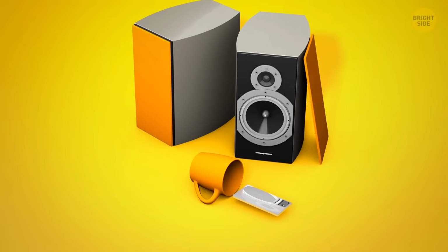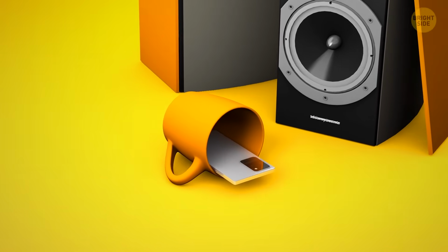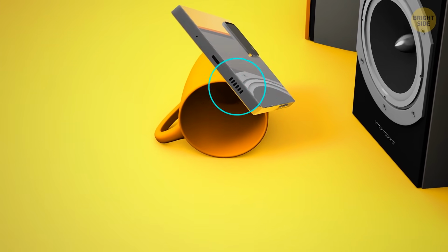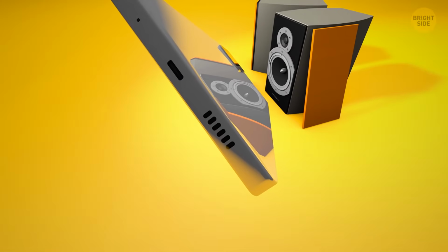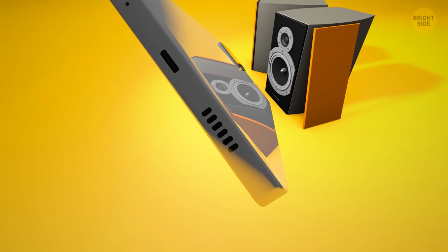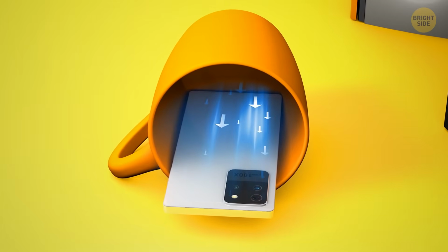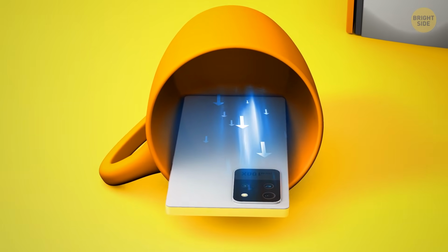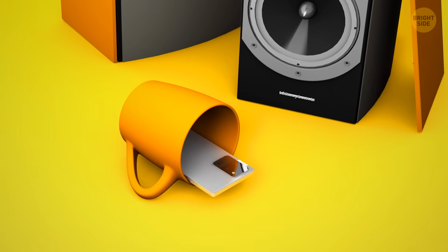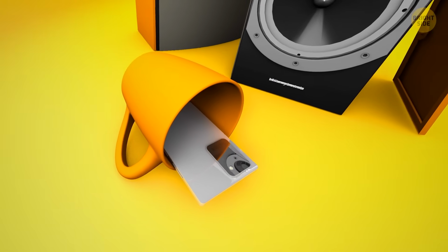This concept of trapping sound is also the reason why putting a phone inside a cup will make the phone's speaker seem louder. Any speaker sitting or suspended in an open space projects its sound in all directions. As the speaker vibrates to create sound waves, an equal amount of energy leaves from both the front and the back. By placing a speaker in some form of enclosure, we can redirect some of the energy that comes from the back of the speaker and project it forwards. By putting the speaker in a cup, you're directing the sound more efficiently. It travels only one way, making it seem louder than what you'd hear when you take it out of the